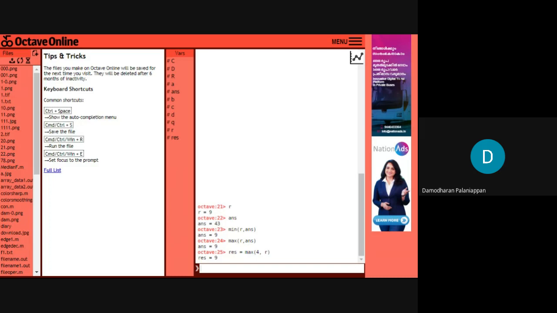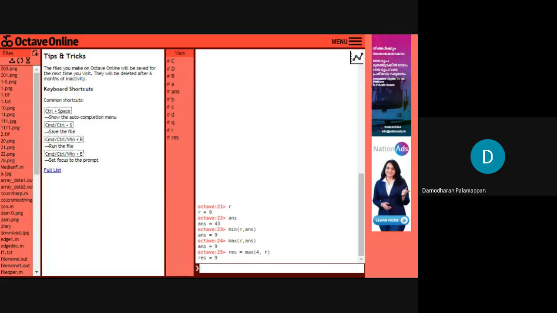You don't do this line, square root should be a single value. So a is equal to 90, b is equal to 89. Then what is the minimum of a comma b? What is the maximum of a comma b?